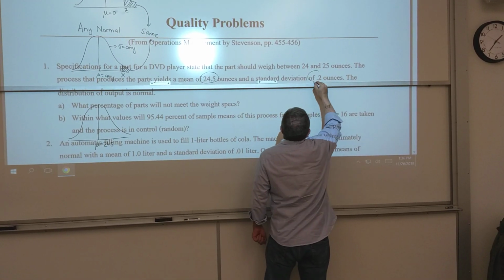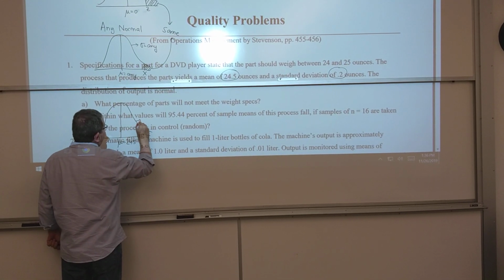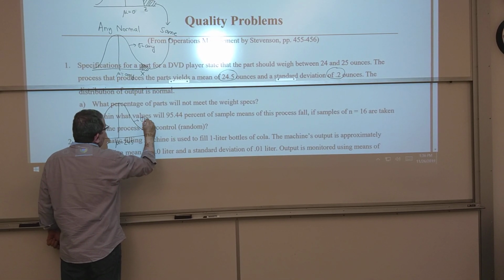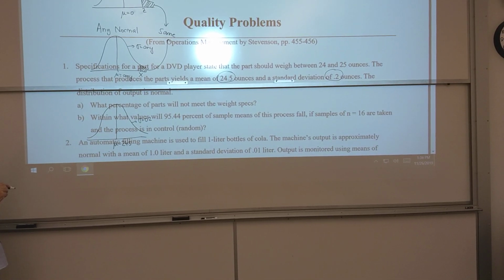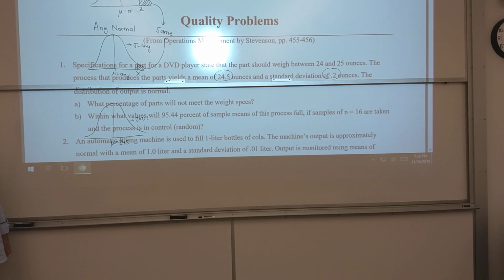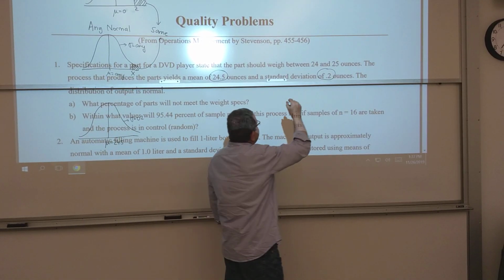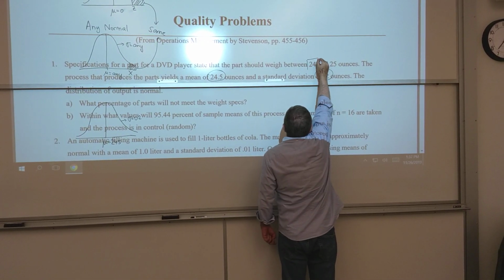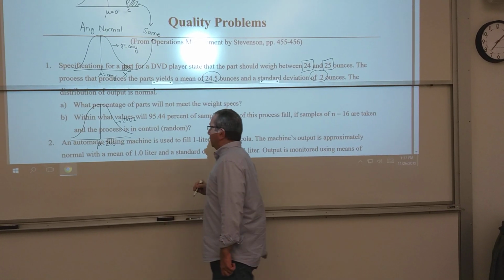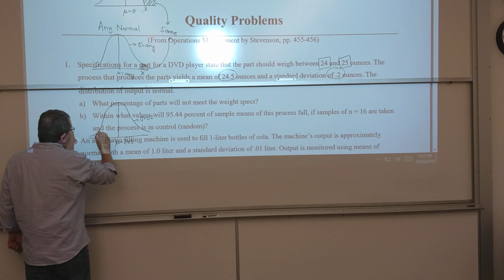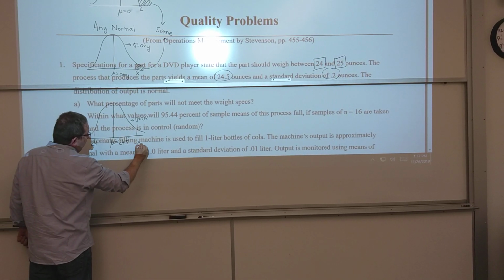And the standard deviation is 0.2, okay? Sigma equals 0.2, okay? And we are given two limits, 24 and 25, okay? So this is 24, this is 25,